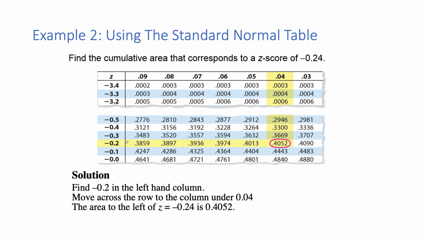Similarly, on the negative side, right? Negative 0.24. In this case, the z-score is negative 0.2, and if I read off the second decimal, this is read off as negative 0.24. So what this says is that if I start from the left end of the distribution, it's the same kind of story. Okay, that's terrible, but you get the idea. So if I start off at the left end of the distribution and then travel up to negative 0.24,